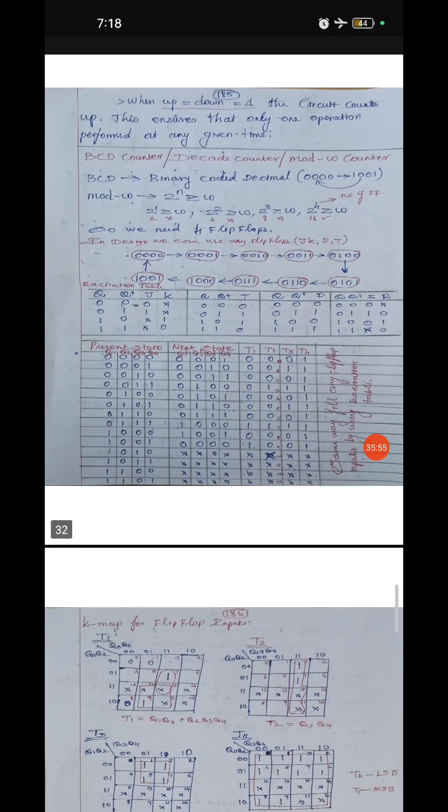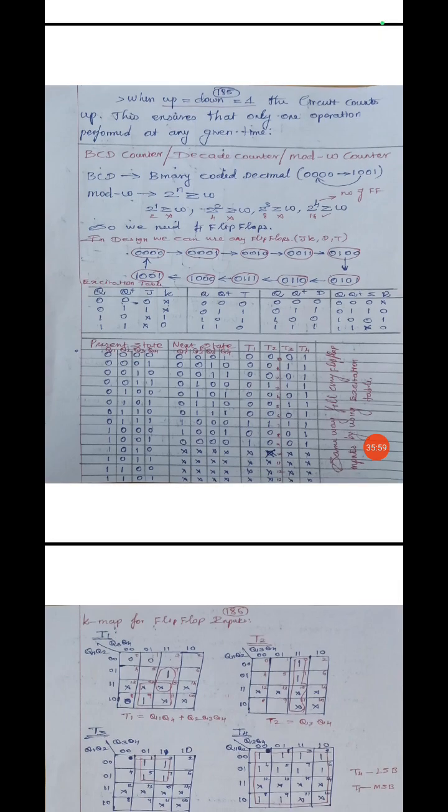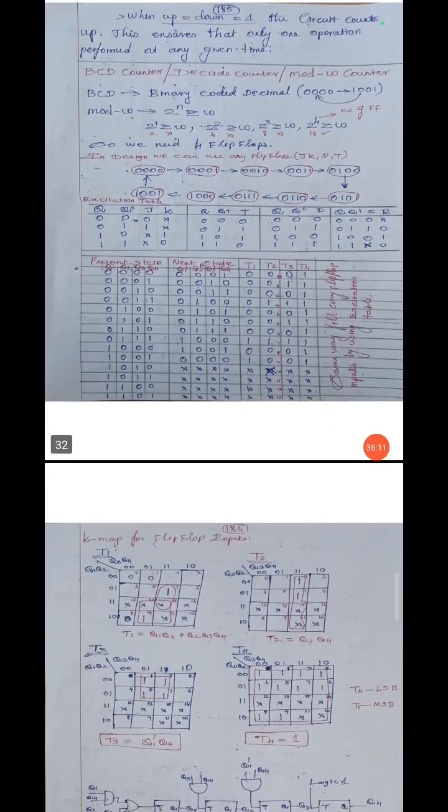The design is, first you have to know the excitation table for flip-flop input. That is very important. Here the excitation tables for all the flip-flops are there: JK, T flip-flop, D flip-flop, SR flip-flop. The next one, the table is present state, next state, then T flip-flop inputs. By using this excitation table, you can assign any flip-flop to your design. Here I assigned T flip-flop. So the total number of flip-flops is 4. What is the condition? 2 power n greater than or equal to capital N, where n is the number of flip-flops and capital N is the value